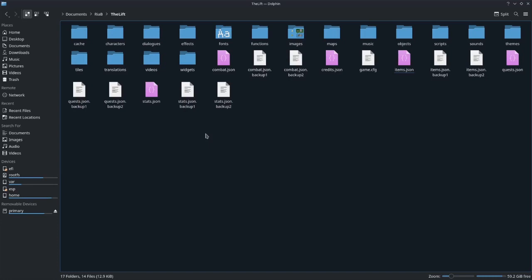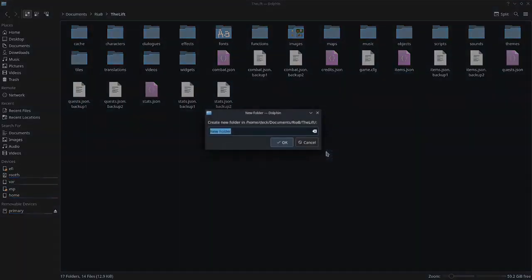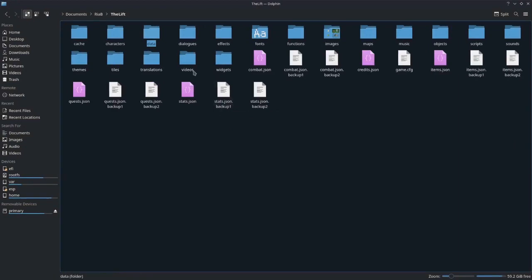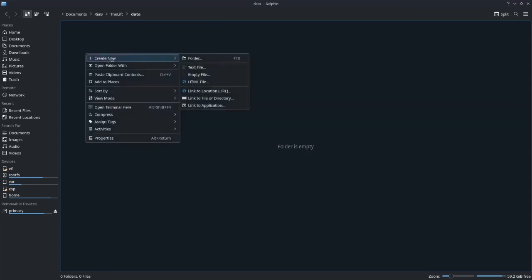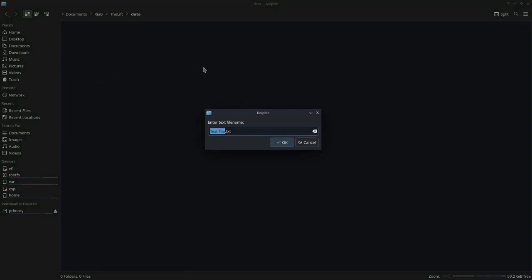But what we're going to do now, we're in the main folder, we're going to right click and create a new folder. And we're going to call this lowercase data, okay? And press OK. And inside the data folder, that's where all your custom JSON files are going to go. So I can right click and I can create a new text file and I can call this anything. So let's say I call this